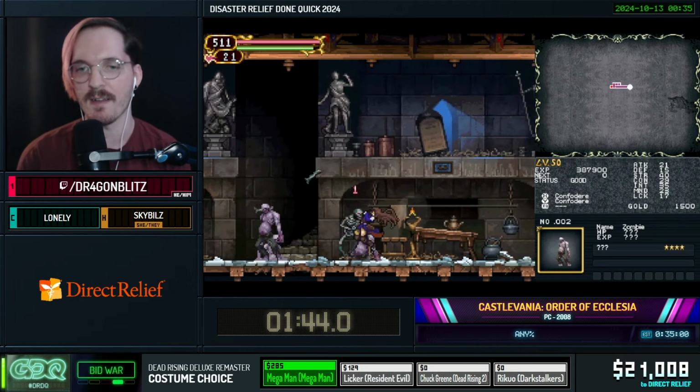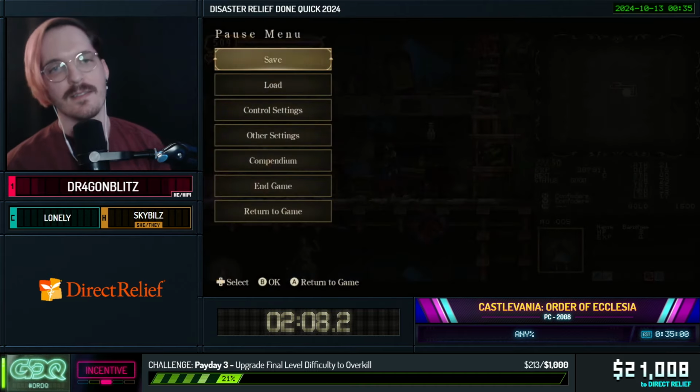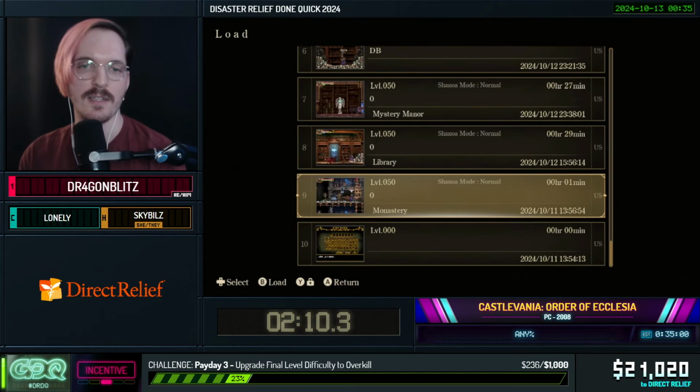What I'm looking for right now is a magical ticket that allows me to warp directly to the village, which is the central hub of this game. If I do not get the magical ticket in this chest right here, I'm going to have to load a save, unfortunately. This is the rough part of the run, is it is a little bit RNG at the beginning here,